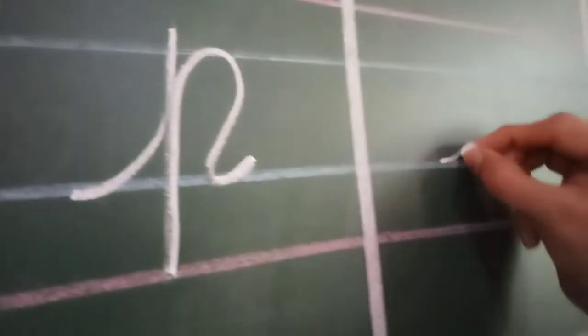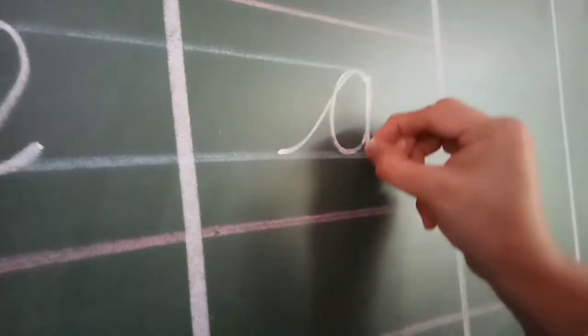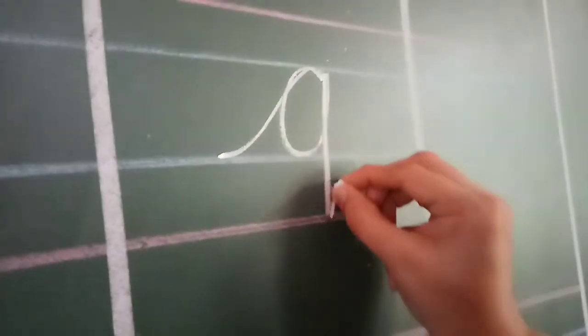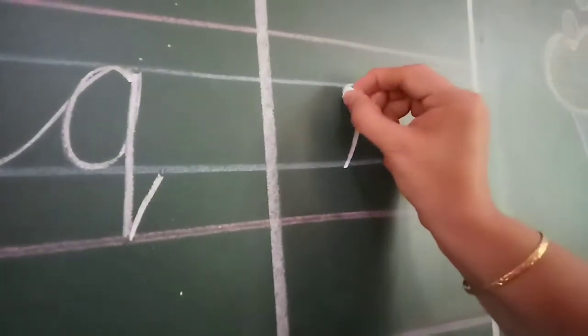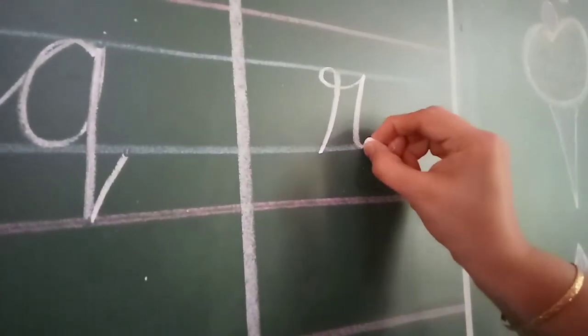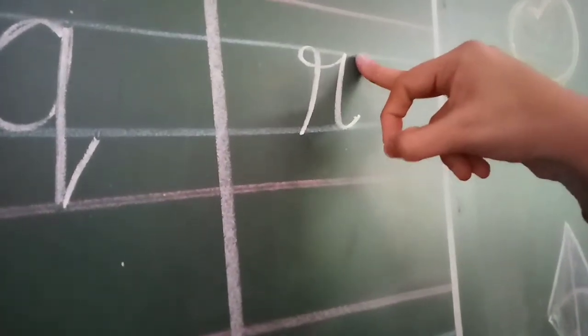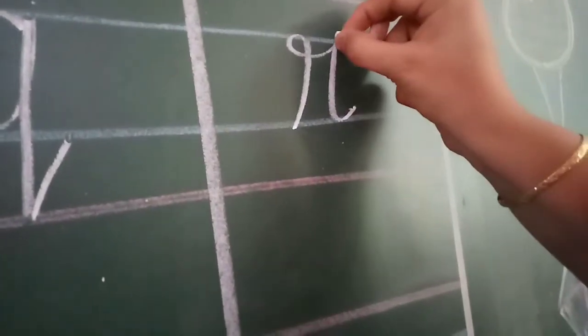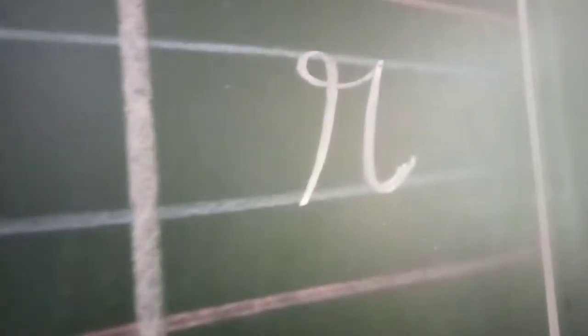Letter Q, you have to start like C, go up, come to the red line and touch the blue line. This is your letter Q. Now comes letter R. Only few have got this thing to be corrected. Rest all have written very nicely. Start from the blue line, go to the first blue line, make a curve and then touch the blue line, come down and out.